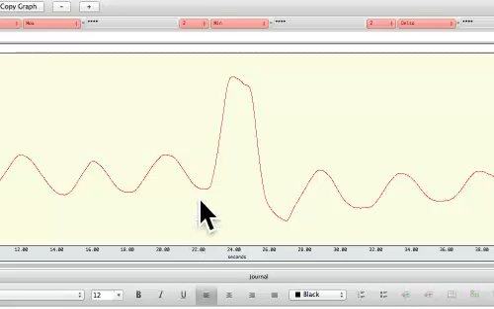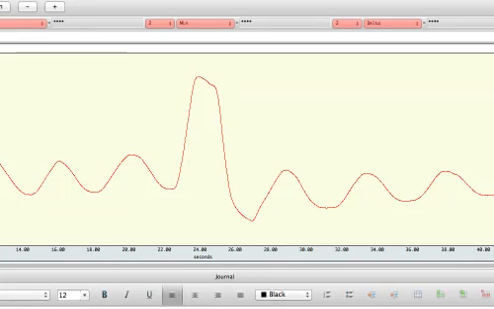So, let's say I want to know the difference between when they normally breathe out and when they force everything out. So, if I use my I-beam here and I want to go from there to there,